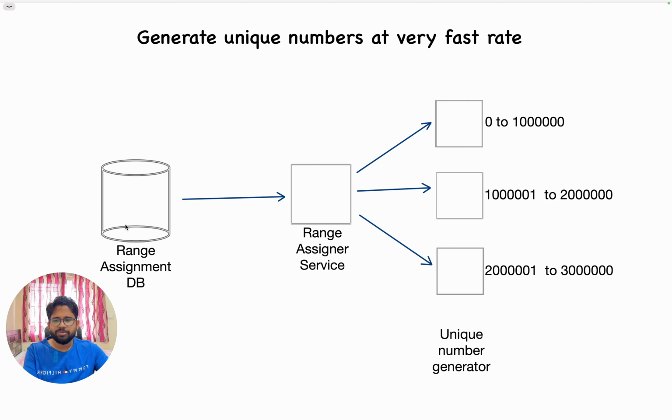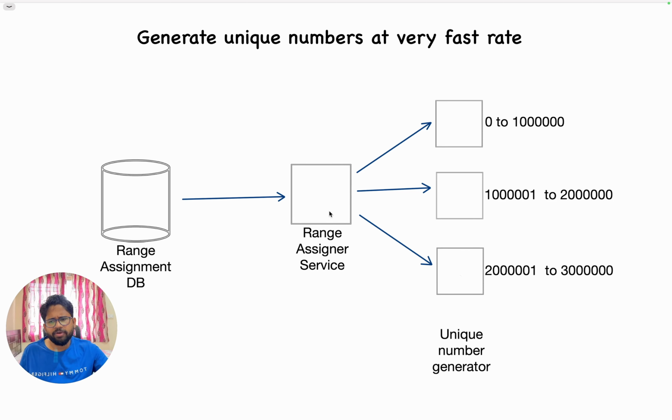And I'll maintain a database which will just have a range, so that whenever a new request comes, this server will check what is the range which is free and it will give you the number. And this number is indefinitely increasing. So in this way, even after, let's say, 5 trillion, 6 trillion, you don't even care because you will always have a bigger number than the previous number. So you have a very lightweight range assigner service. Whenever a service is launched, it will call this server to get the unique range. The logic can be anything, whatever you want it to be.